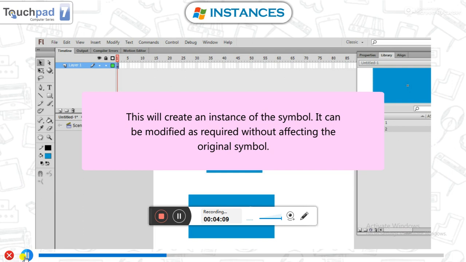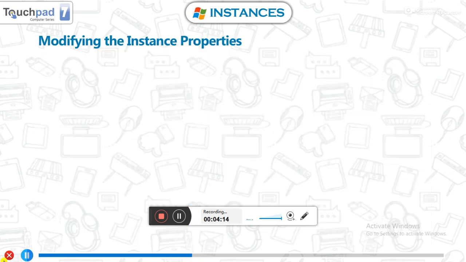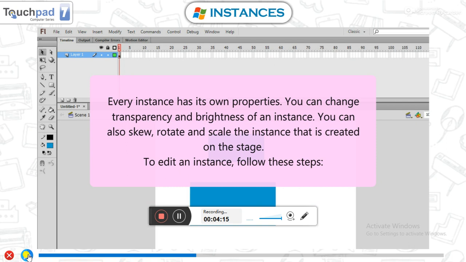Now listen, what can you change? In this step, modifying the instance properties. Every instance has its own properties.